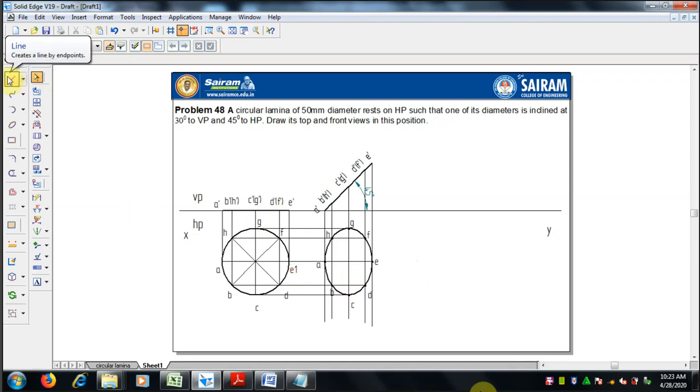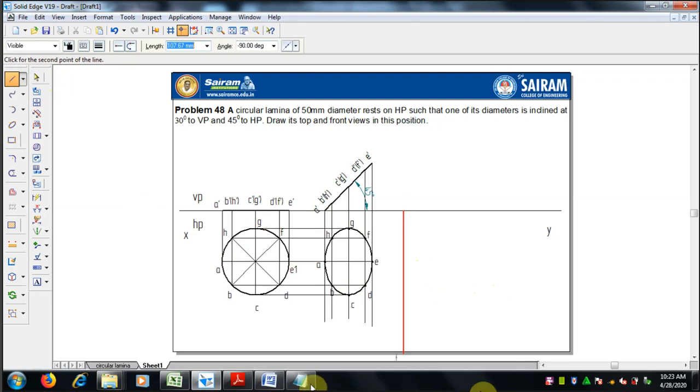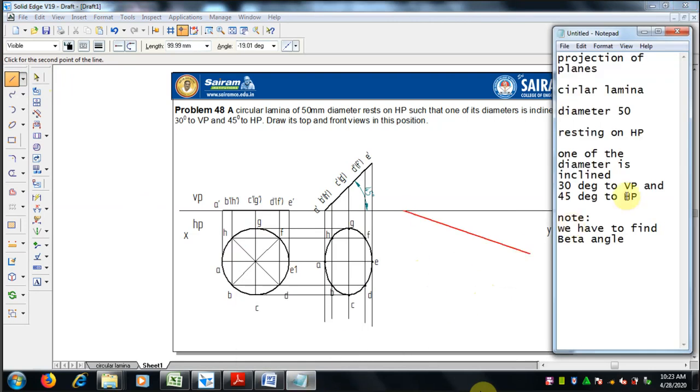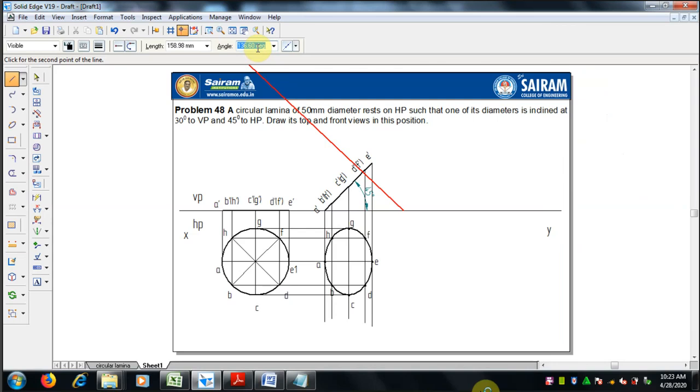Okay, the measurements of these two are very much needed to find the beta angle problem. So first let me go for whatever given is 30 degree to VP. One of the diameter is inclined to both HP and VP. The problem comes, then we have to find this beta angle problem.